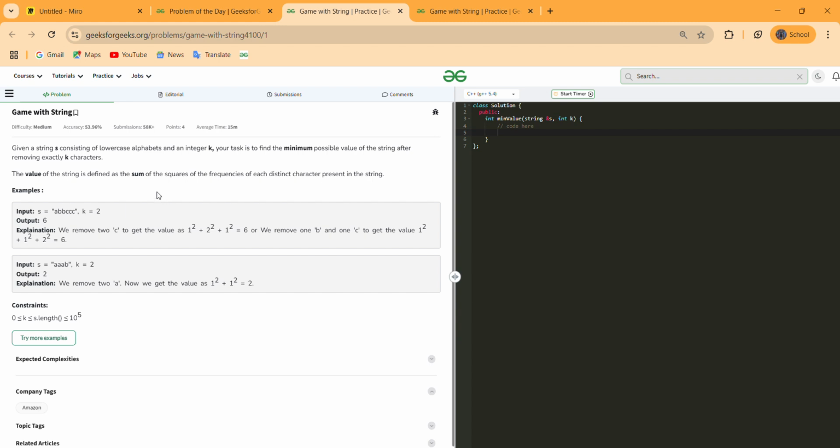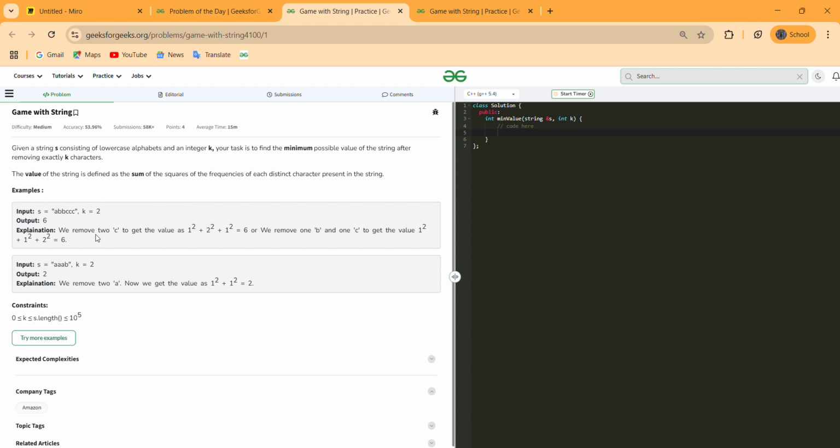Then we can just delete from the k most occurring frequencies in our max heap such that the sum will be minimized.